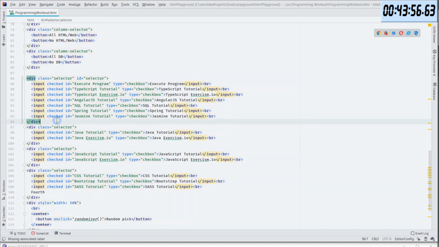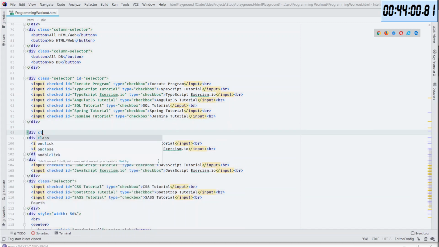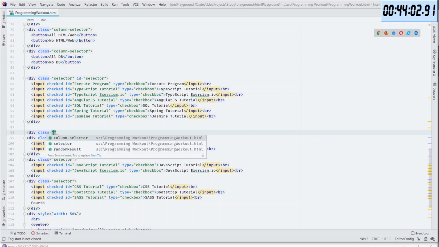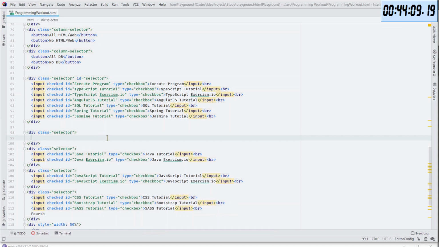Oh well, that's okay. Class equal to selector. Yep. Thank you. And this goes to the end.